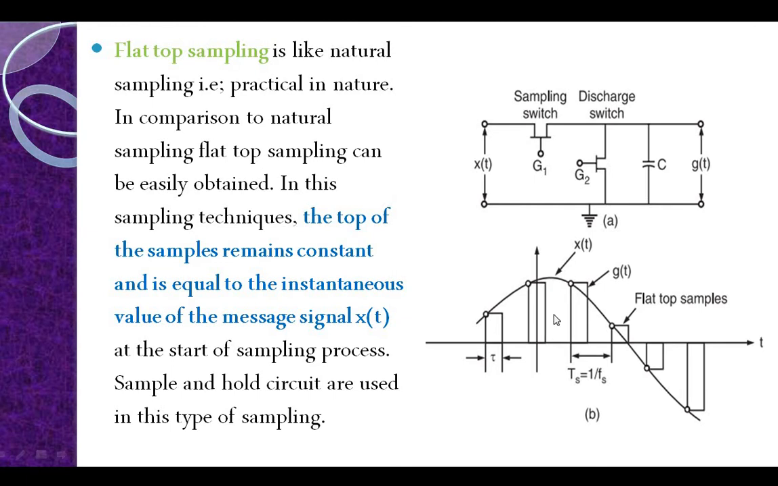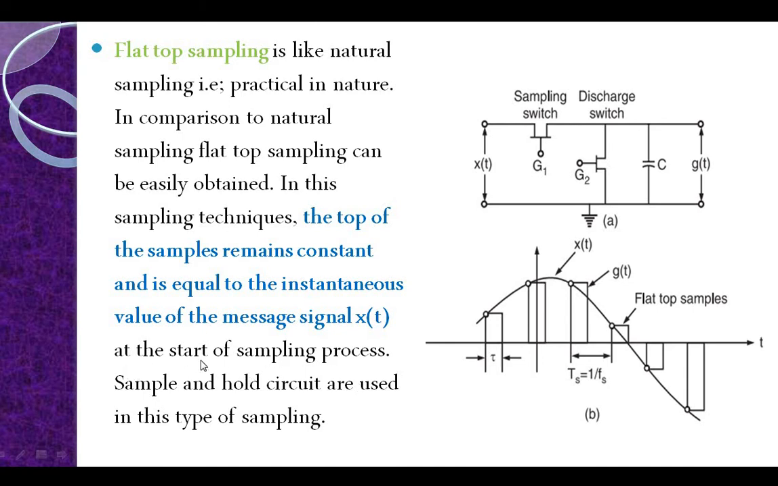So we are going for flat top sampling. The top of the samples will remain constant. They won't change. The tops mean the amplitude of your carrier signal should not change. They will remain constant and equal to the instantaneous value of your message signal. I am getting this flat top here. It won't change. The carrier signal won't change, and then you will get your exact message signal. This is the instantaneous value of your message signal x(t) at the start of